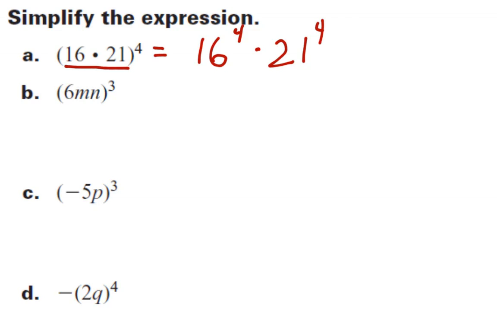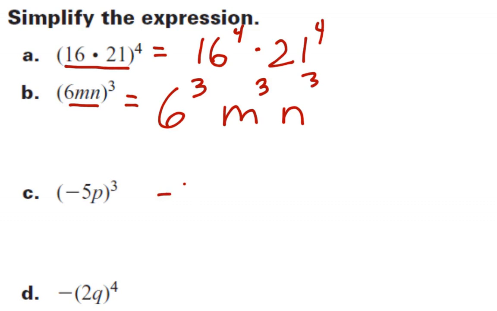But in some cases, you're going to have a variable in there, like in problem B. Okay, there's nothing that can be simplified using the order of operations inside those parentheses. So the first thing, or the only thing to do is to apply this property. 6 cubed times m cubed times n cubed. The next one would be negative 5